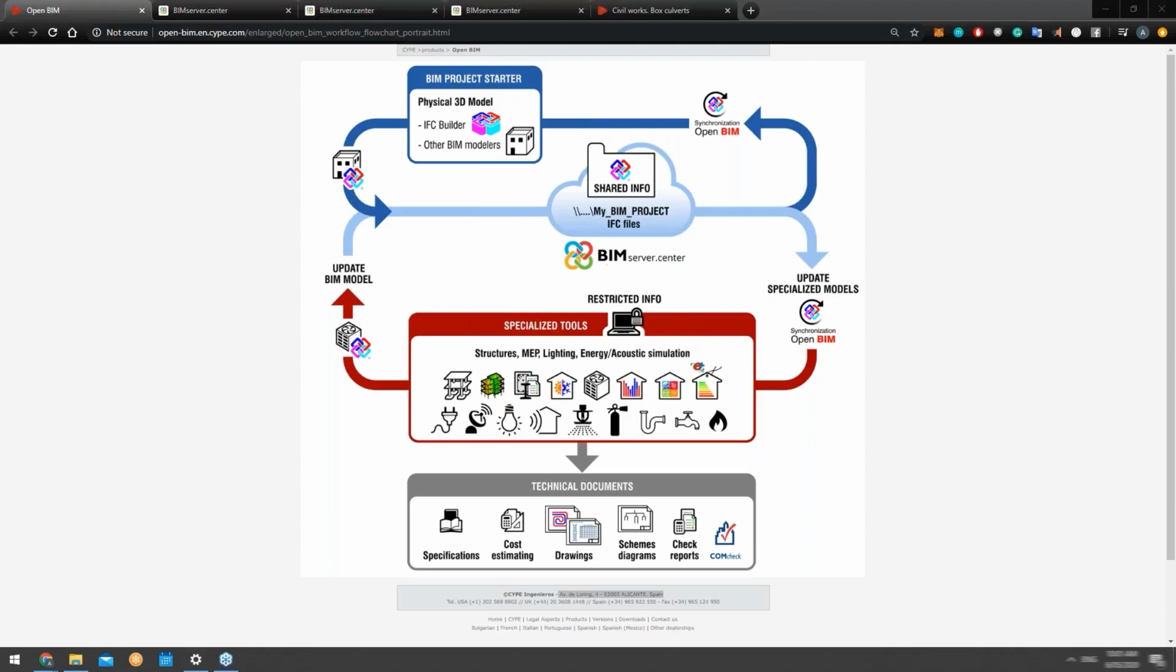Through the initial workflow that we like to adopt here at CYPE. This diagram does a great job in explaining that. Now, of course, we have our physical 3D modeler. This physical 3D modeler, that model, can either be developed in your own native software, such